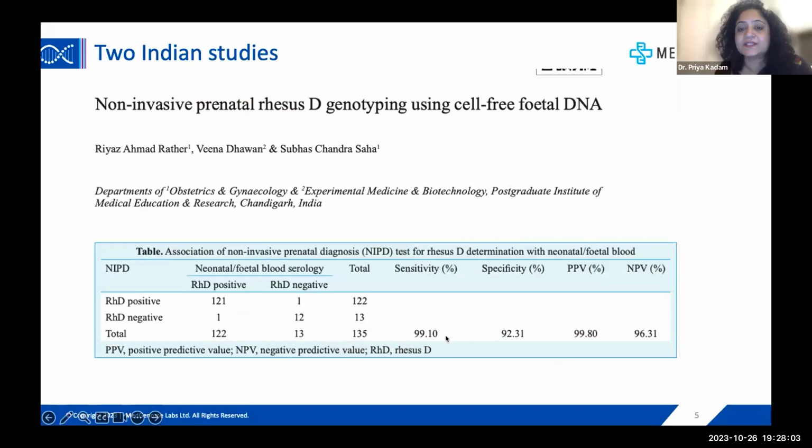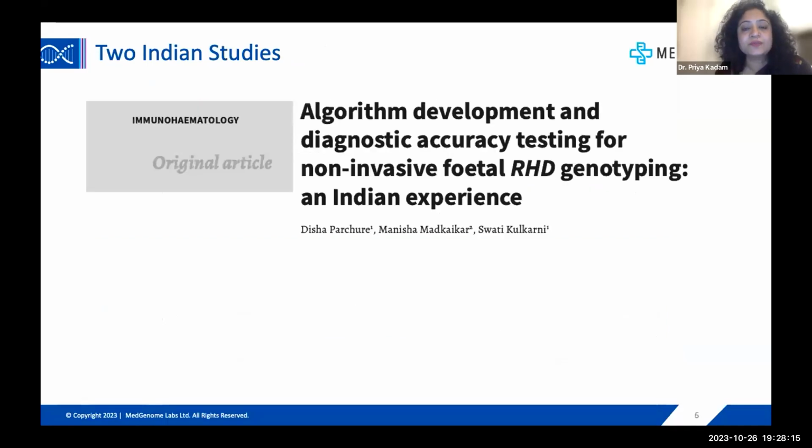And the sensitivity again was about 99% and specificity about 92%. There were about 130 samples or so, or 122 samples, total of 135. The other group which has been working extensively on this and also has a very detailed account in 2016, and